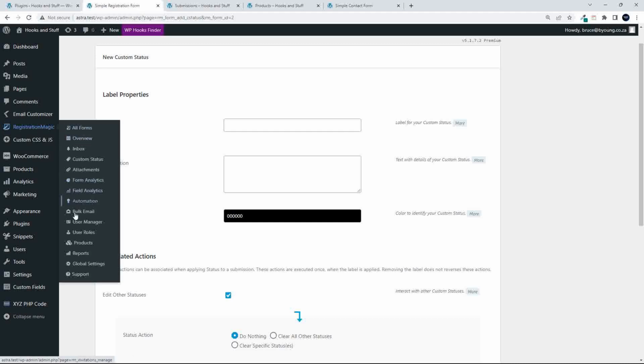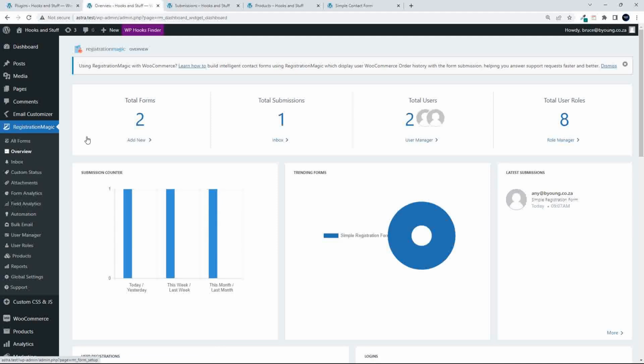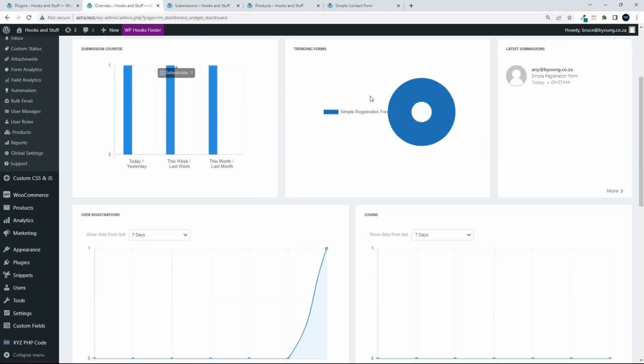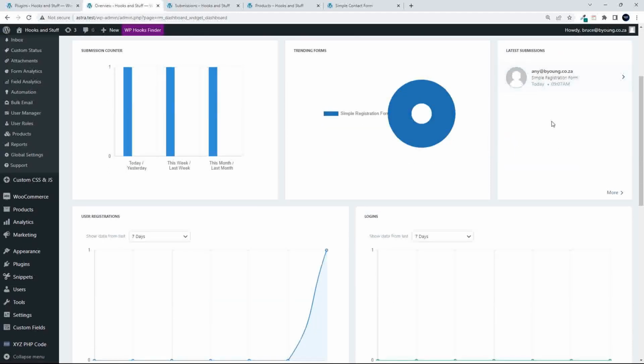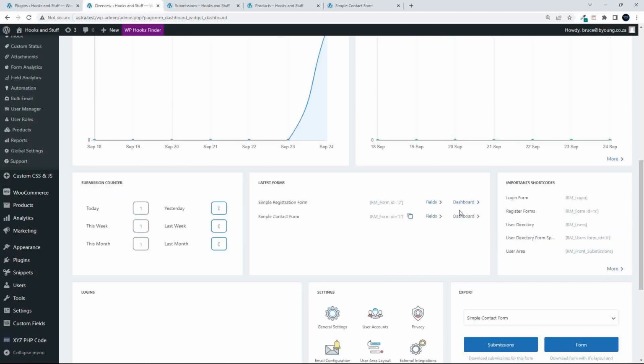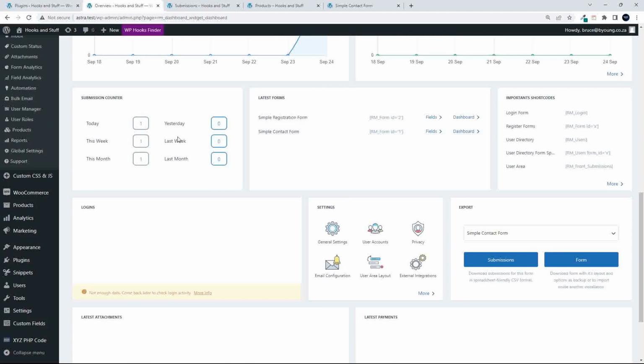Yeah, so that's pretty much what's available then in the premium version of RegistrationMagic. Just also then, as a last thing, you have an overview page. So here you can see 2 forms, 1 submission, 2 users, total user roles. There are 8 submissions today, trending forms, the latest submissions, user registrations, logins, submissions counters. So yeah, I mean,